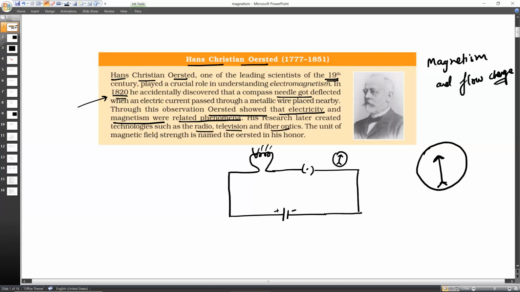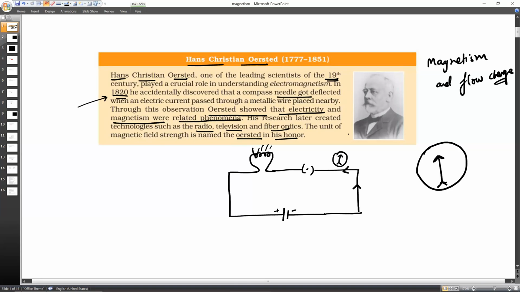The unit of magnetic field strength is named Oersted in his honor. So now what we are saying here is, how did he notice that